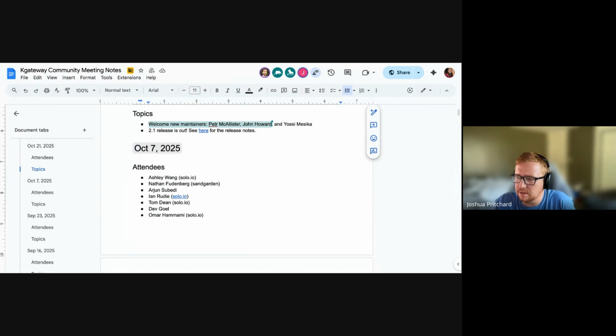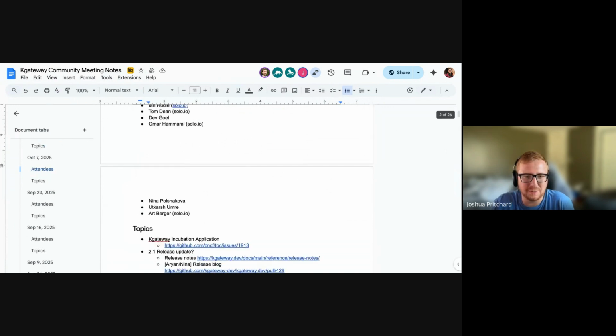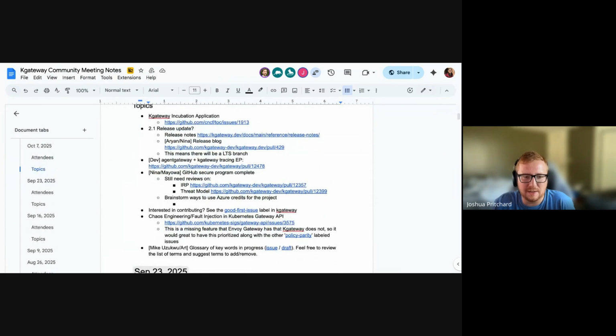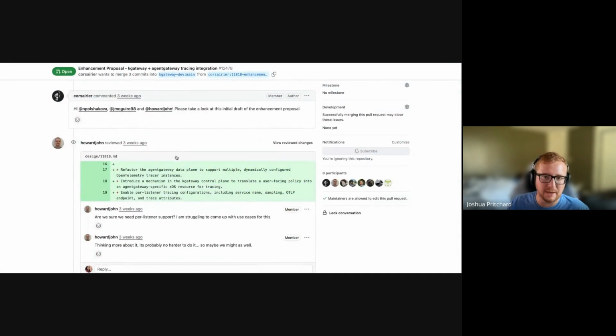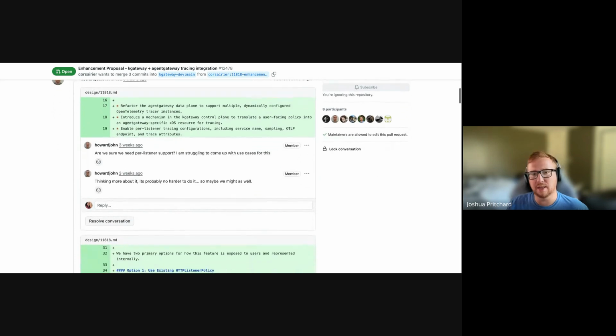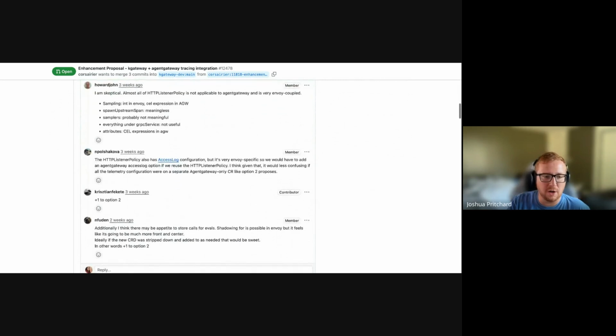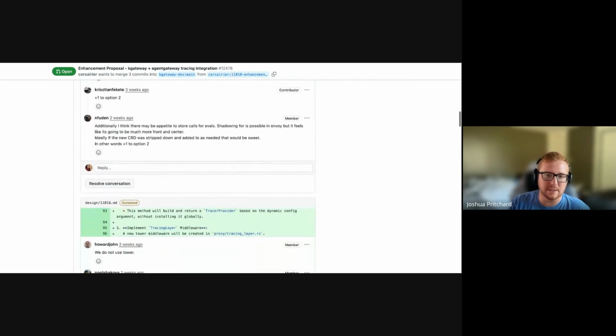I think we've made some headway as far as the API here. If you look at the PR, there's some disagreement on the API design there. I think this change stepped on a thorny problem that we have in general with agent gateway and kgateway. And while a lot of the API surface is the same because it's Gateway API, and even more of that, even the extended API like traffic policy and some of the backend stuff can be consistent, there are cases where the API is not consistent.